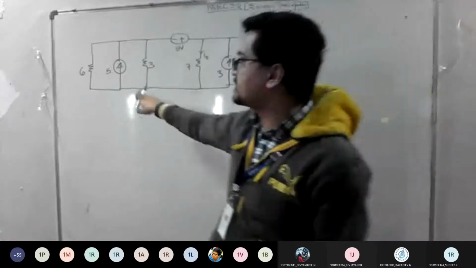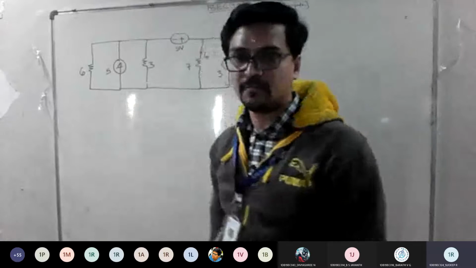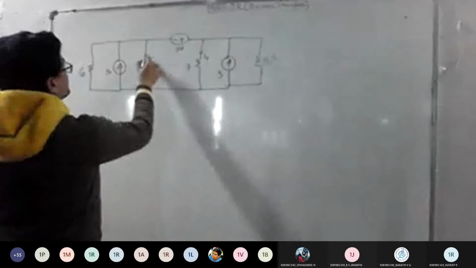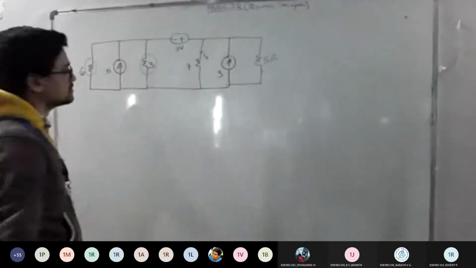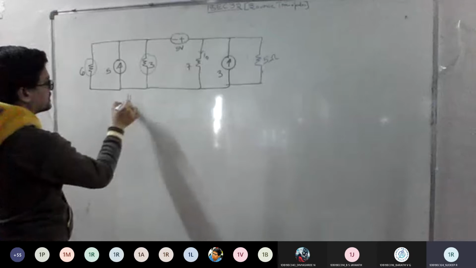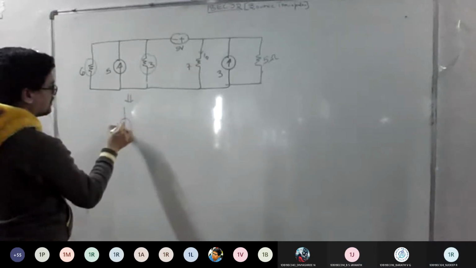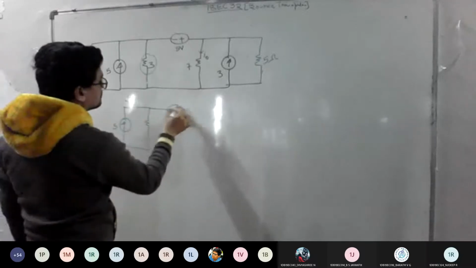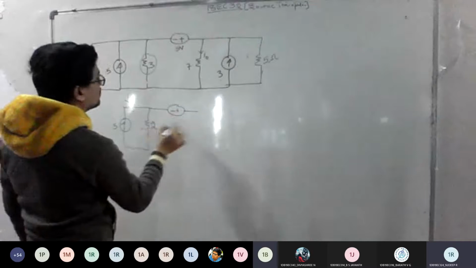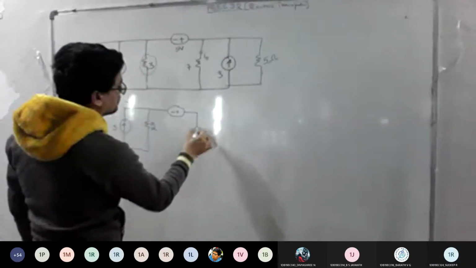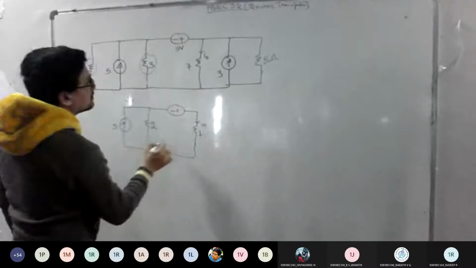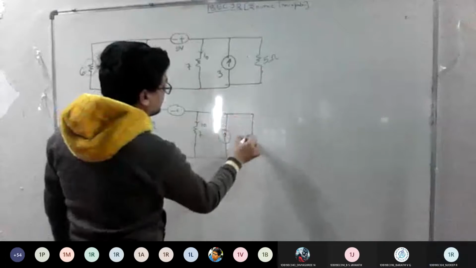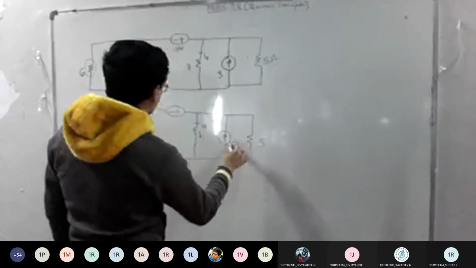Then what is the possibility? Next step, can I make these two into one? So parallel the 6 and 3 and tell me the answer. 2 amps? The current source of 5 and one single resistor will come. How much here? 2 ohms. Good. So retain this 7 ohm because I naught is here. We take this current, and I will take this 5 ohm and 3.